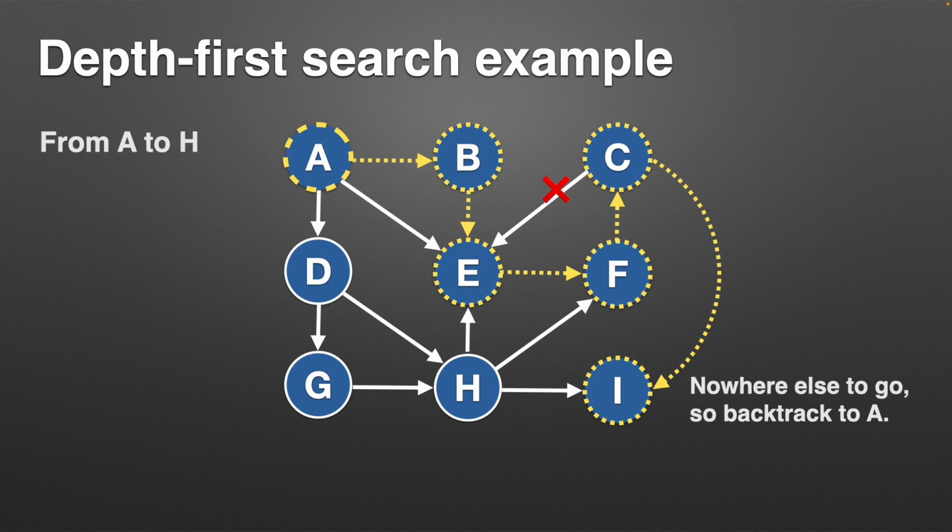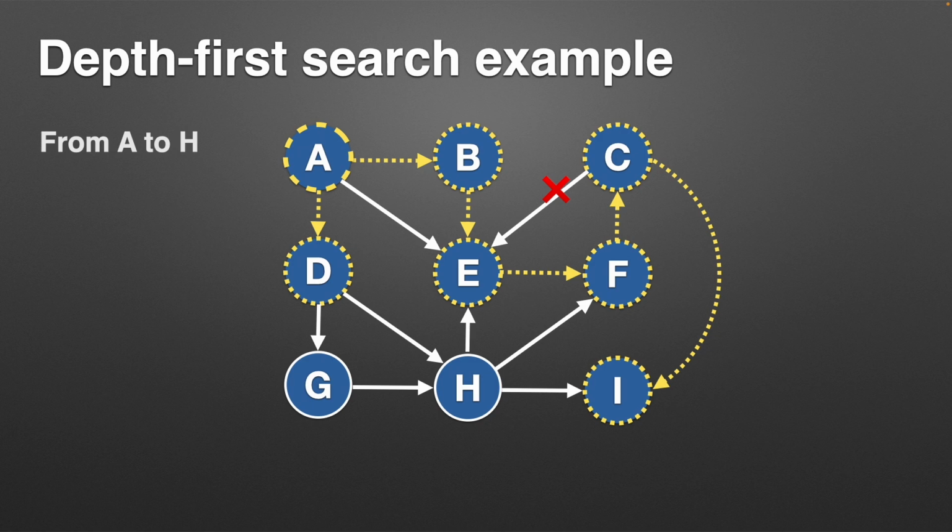We'll go down to I, but you can see that when we get to I, remember we're trying to get to H, we have nowhere else to go, and we haven't found H yet. So at this point, now we go all the way back. So we backtrack and bounce all the way back up to A, and then we say, okay, we've done B, what's your next neighbor, right? And so in this case, its next neighbor is D, just doing it alphabetically.